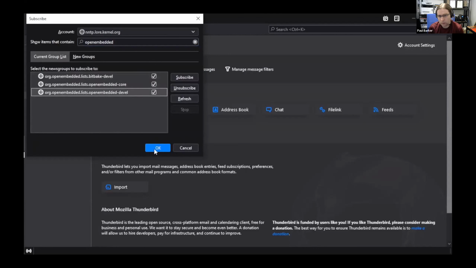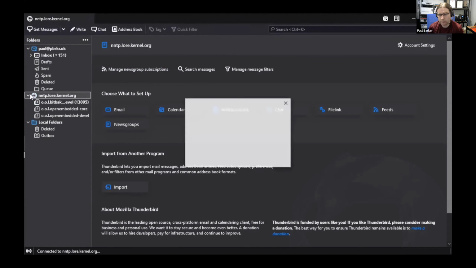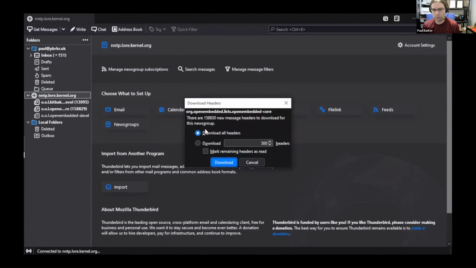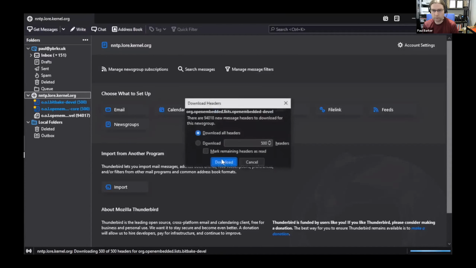We're going to select the 3 mailing lists here, say OK, and then we will see these mailing lists appear as newsgroups. Now we don't want to download all the headers. By default it's going to try and pull everything from the start of these mailing lists years ago. We don't need that. So I've just told it to download the latest 500 message headers. Now take a moment to download these headers, and then we can have a look at the mailing list.